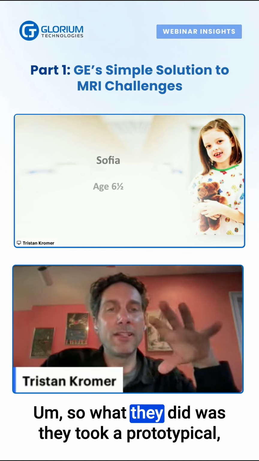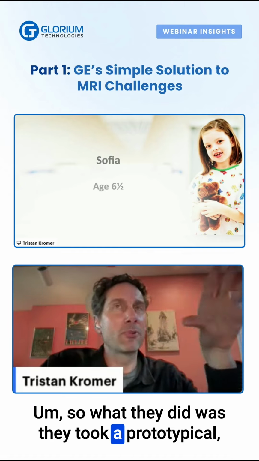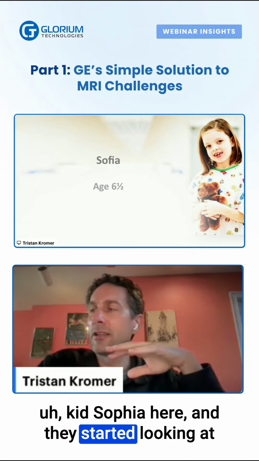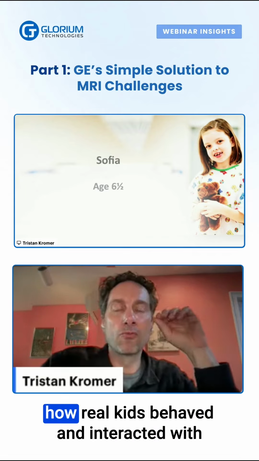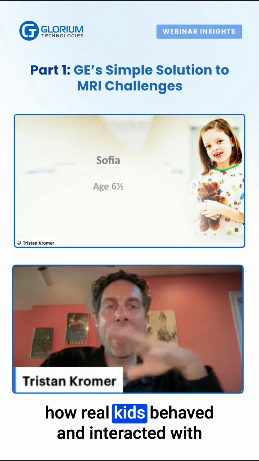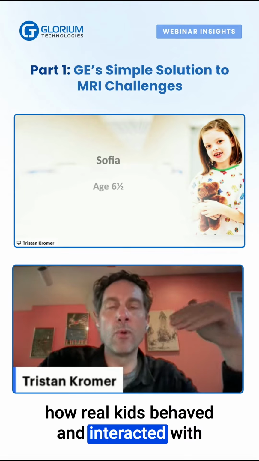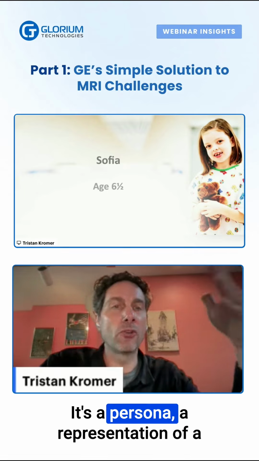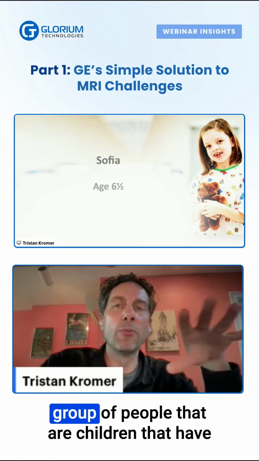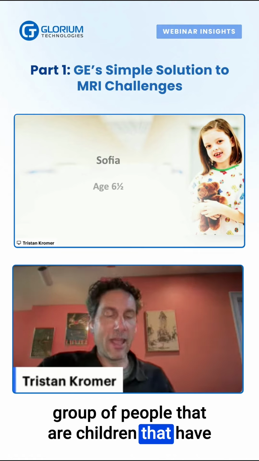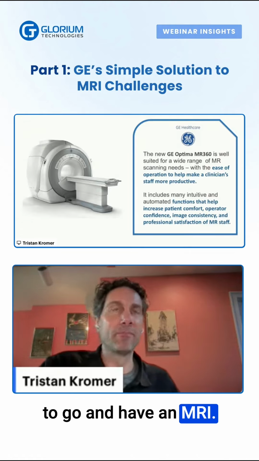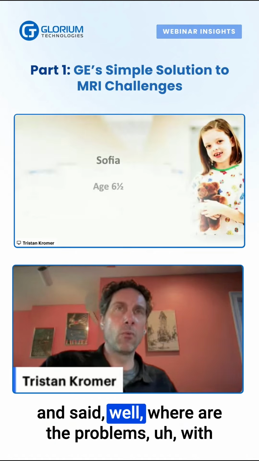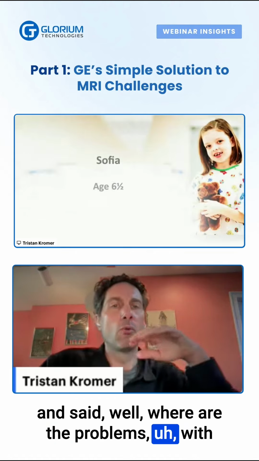So what they did was they took a prototypical kid, Sophia here, and they started looking at how real kids behaved and interacted with an MRI machine. And in this case, Sophia is just an example. It's a persona, a representation of a group of people that are children that have to go and have an MRI. And what they did is they just observed those children and said, well, where are the problems